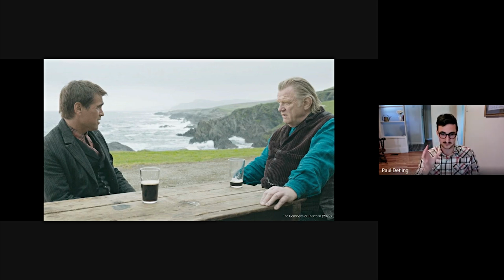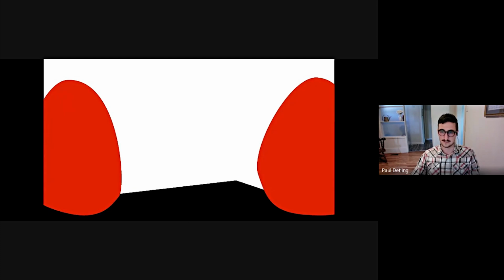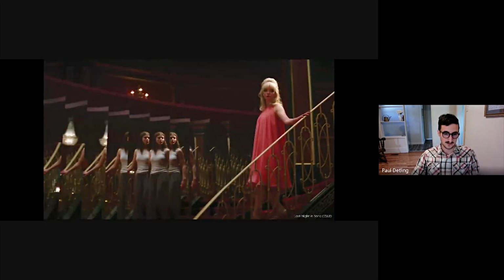And the choice to show them from a camera angle that depicts them as being as far away as possible within their situation of being seated at the table. If this was a friendly relationship, we would see less space between them, maybe. That's interesting to consider. This shot from Last Night in Soho, we see a creative use of repetition within Eloise